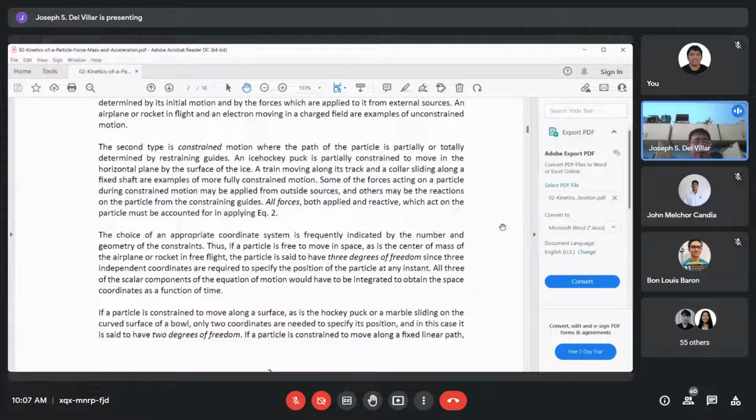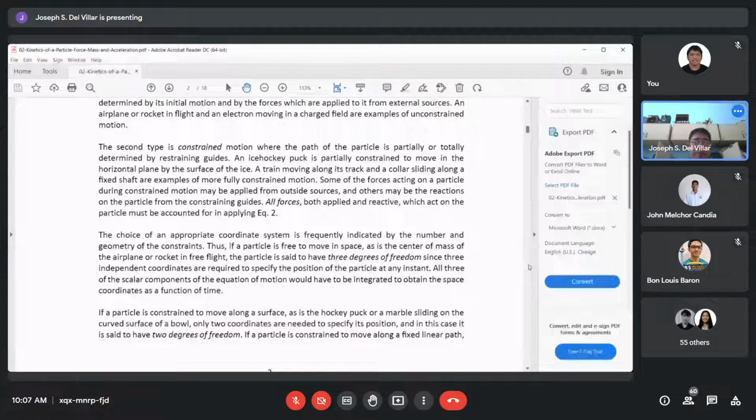Okay, the choice of an appropriate coordinate system is frequently indicated by the number and geometry of the constraints. If a particle is free to move in a space, as is the center of mass of the airplane or rocket in free flight, the particle is said to have 3 degrees of freedom. Since 3 independent coordinates are required to specify the position of the particle at any instant, all 3 of the scalar components of the equation of motion would have to be integrated to obtain the space coordinates as a function